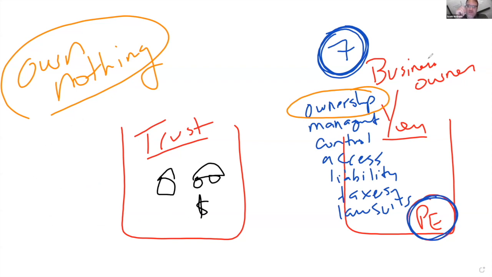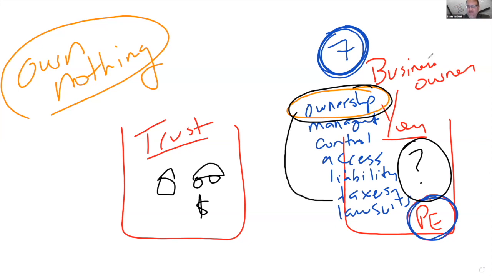Now watch this. Ownership. Okay. John Rockefeller said, own nothing. Nothing means nothing. So that means you cannot have anything over here. Okay. So own nothing. So ownership is the first problem that you have. Okay. When you're the owner, look what happens when you're the owner. You have massive taxes and you have massive lawsuits, because it happens.